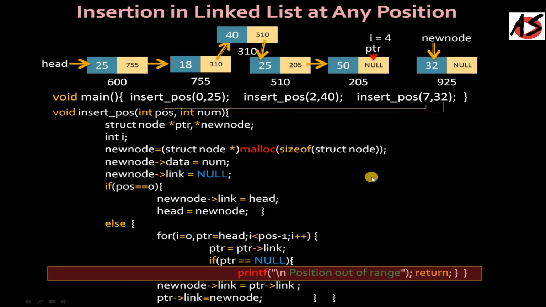So in this video we have seen how to insert the node at position 0, and how to insert the node in the middle position, say at the 2nd position where we have inserted the node. We have also tested what happens if you give a position out of range. It gives the error. So using this function we can insert the node at the head position, or we can insert the node at any middle position of the linked list. And if you want to insert the node out of range, it gives the error. So this is all about insertion in a linked list at any position.